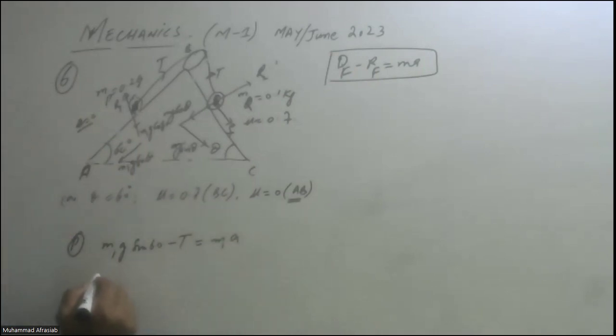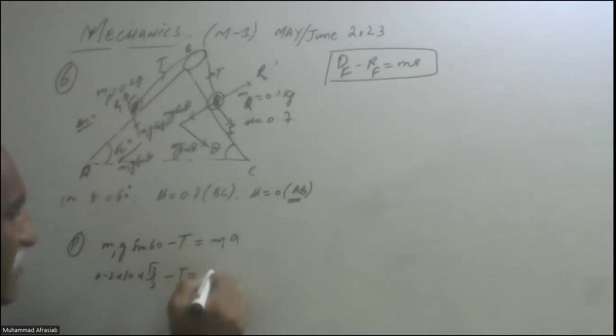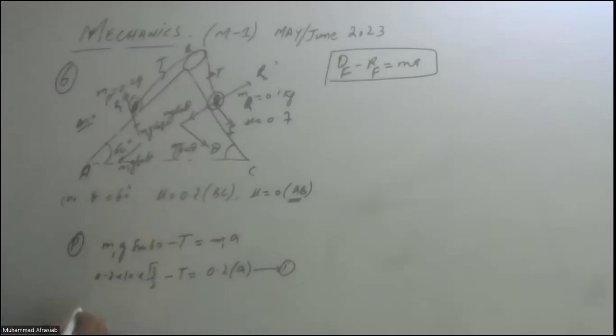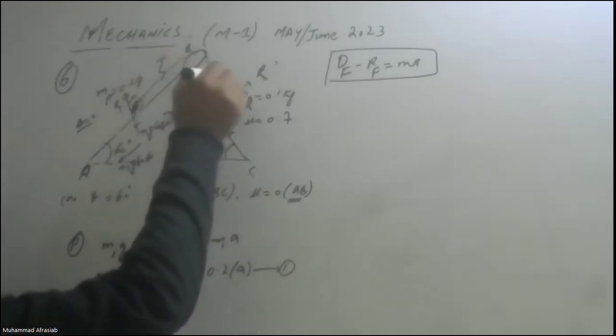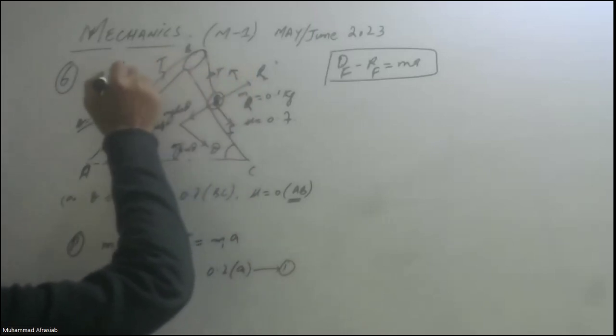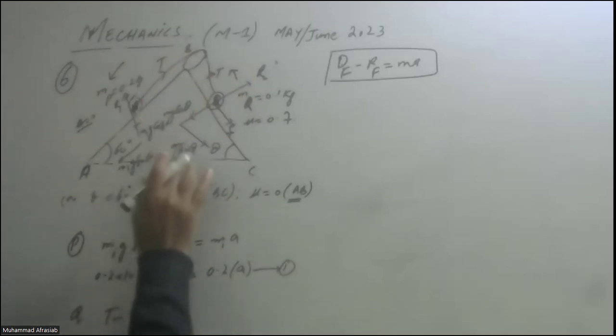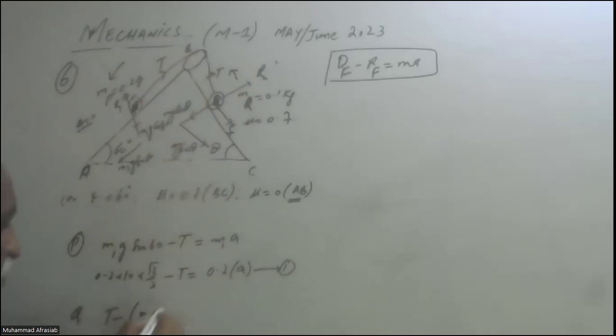So m1 is 0.2 into g is 10, sine of 60 is root 3 over 2, minus this tension T is m1, 0.2, into acceleration a, and let's say that is equation number 1 now. For this particle Q, it is moving upward and this is moving downward. So here the tension is T minus the weight component, that is m2g sine theta, plus frictional force